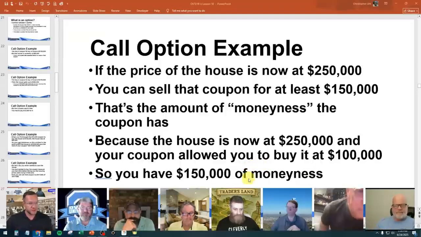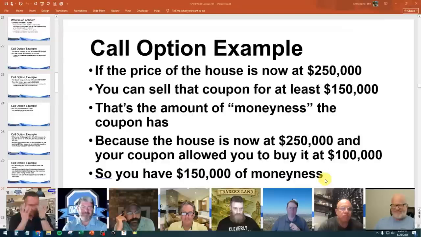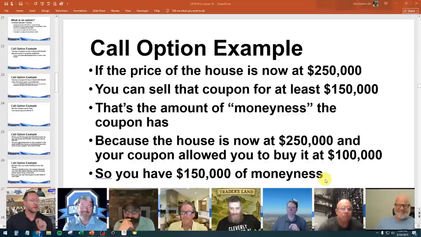This is what we're trying to focus on, moneyness. This is why I buy the deep in the money options, because they already are full of that juicy, lovely moneyness, right? You just want to rub your face all in that moneyness. That's how much moneyness we have here. We don't want to go out of the money because they don't have any value.